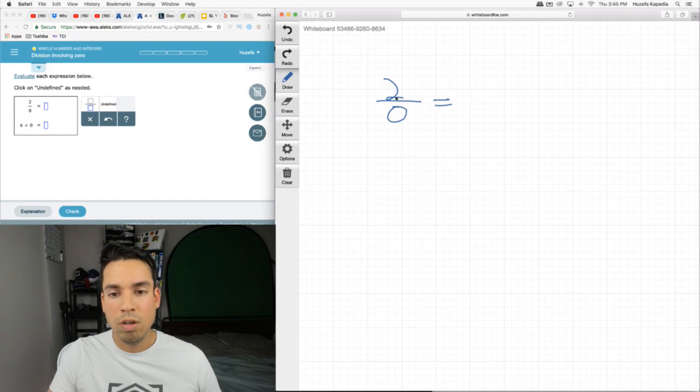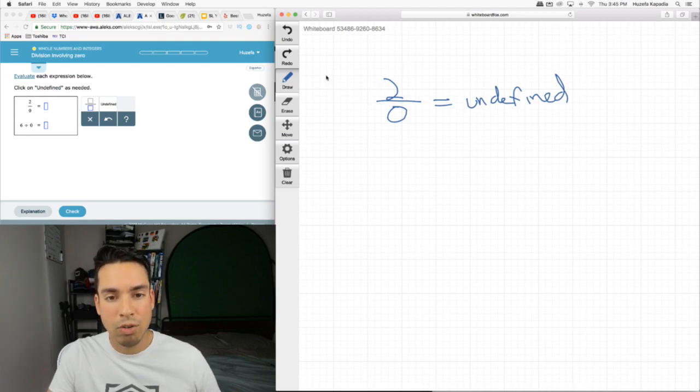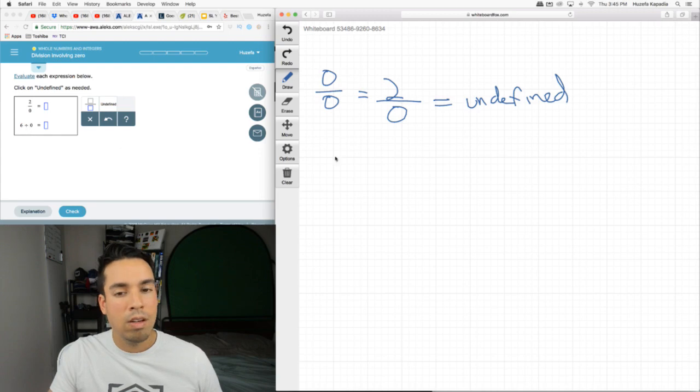So 2 divided by 0 is undefined. Or any number divided by 0, a million divided by 0, even 0 divided by 0 is undefined. But if you divide 0 by something,